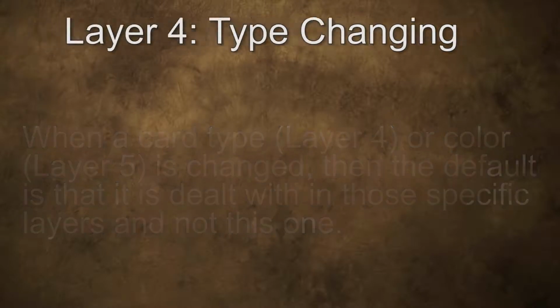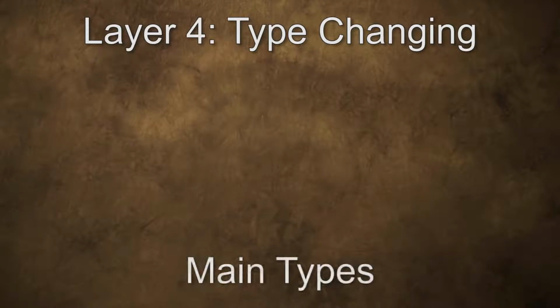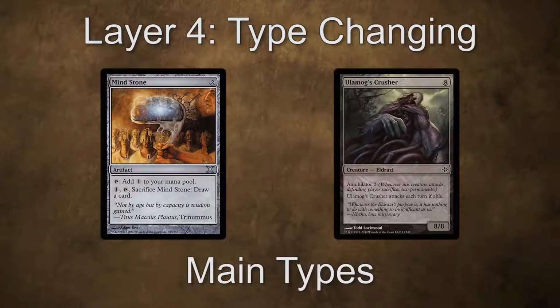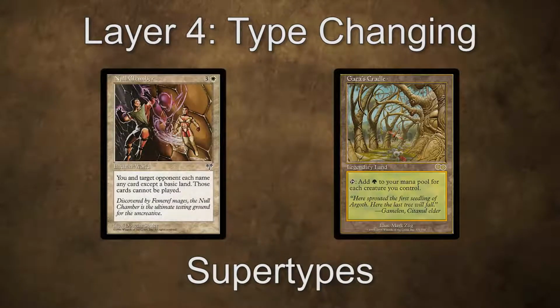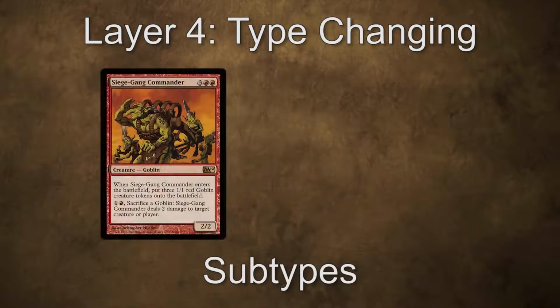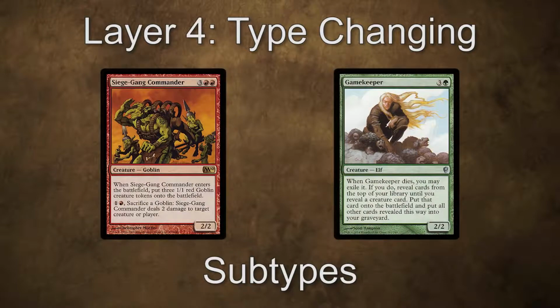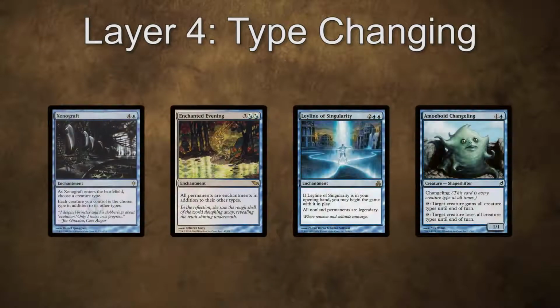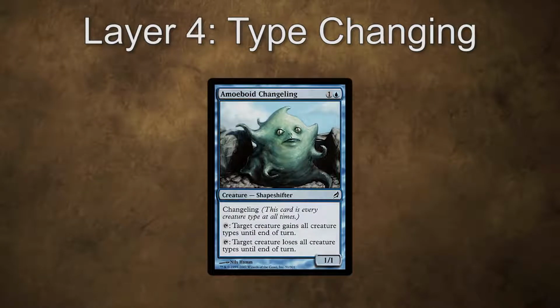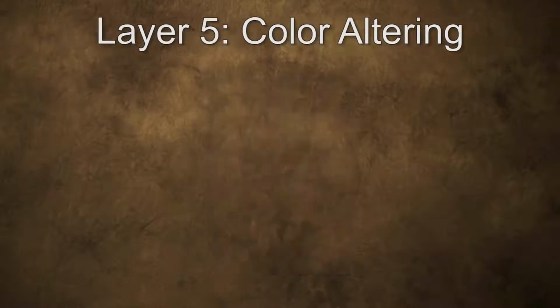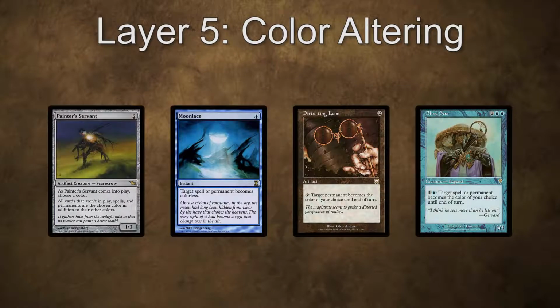Speaking of types, it's the 4th layer. The type-changing layer deals with main types, like Artifact or Creature. Supertypes, like World or Legend. And subtypes, like Goblin or Elf. You can find type-changing effects on cards like Xenograph, Enchanted Evening, Leyline of Singularity, and this changeling that I can't quite pronounce. Amoeboid Changeling? Amoeboid Changeling? The 5th layer is the color altering layer, and it deals with anything that messes with a card's